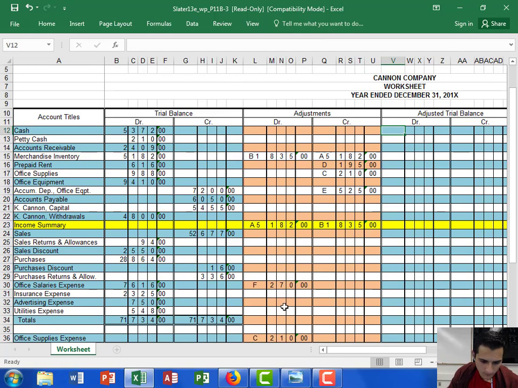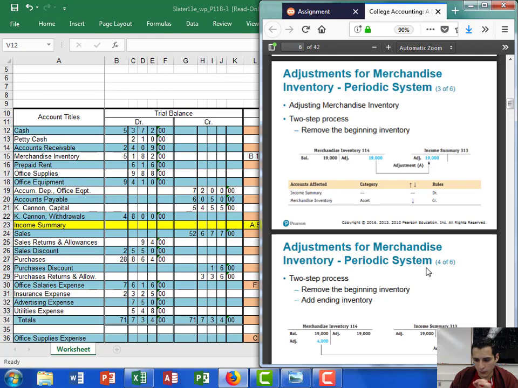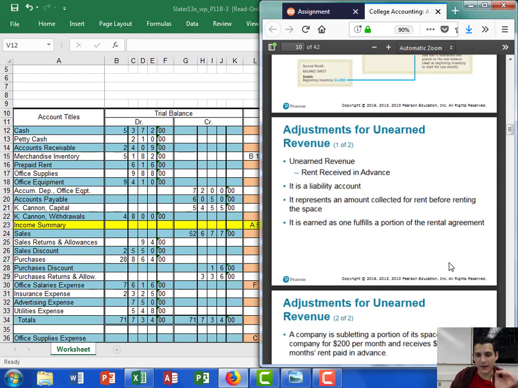Now, I kind of want to stop right here real quick on the worksheet and go back to the PowerPoint to show y'all one thing that might be on the other assignment, 11A3. 11A3 might have an adjustment showing unearned revenue. Unearned revenue is basically when you're renting out a part of your business, or maybe a separate building that you own, to a third party, and they pay you in advance for the rent. What that means is that they gave you all the money,